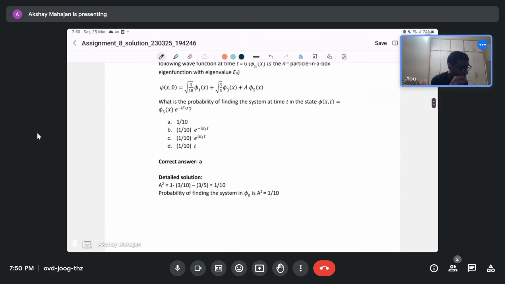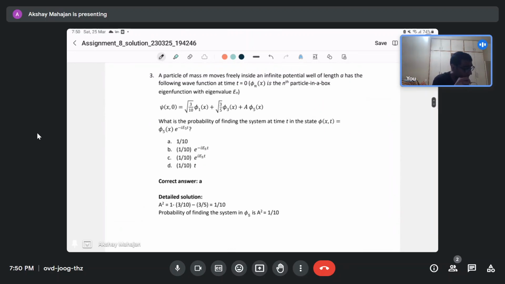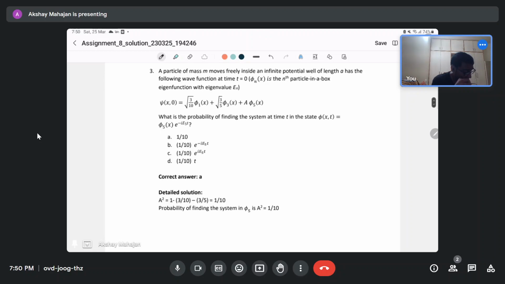Okay. Next question is, a particle of mass m moves freely inside an infinite potential well of length a and has the following wave function at time t equals 0. Here phi n x is the nth particle in a box eigenfunction with eigenvalue En. Now we are given psi x comma 0, which is a linear combination of phi 1 x, phi 3 x, and phi 5 x. What is the probability of finding the system at time t in the state phi 5 x, which is equal to